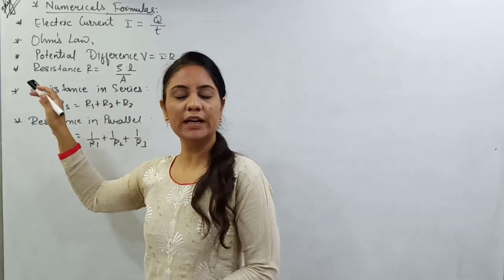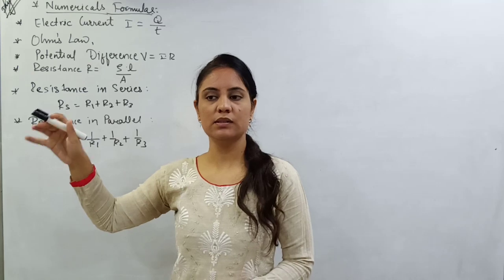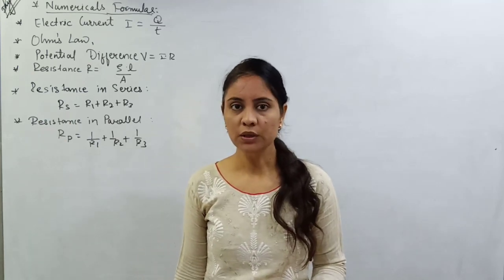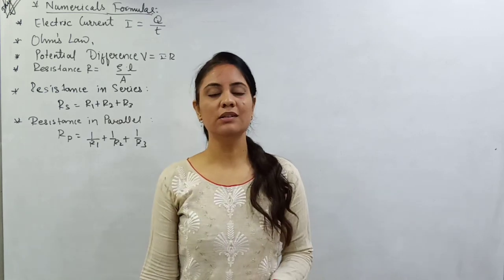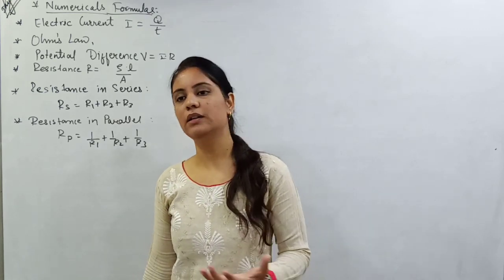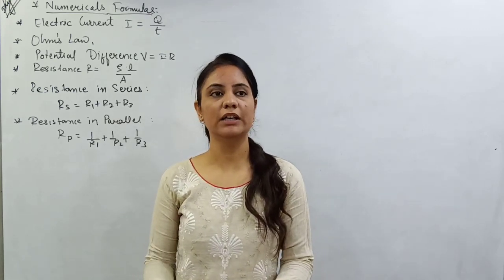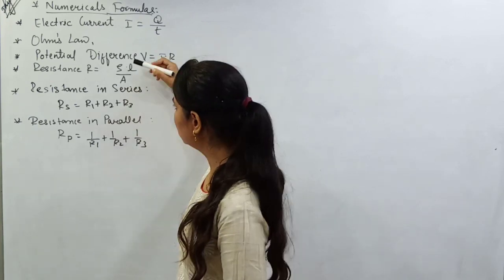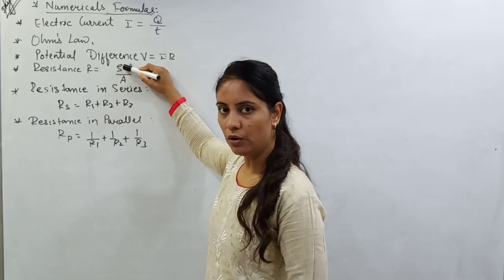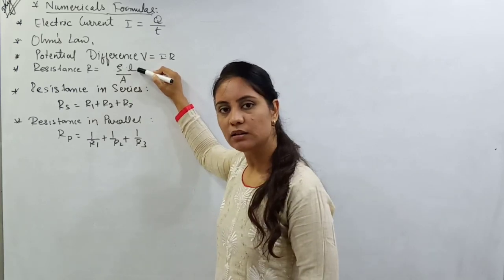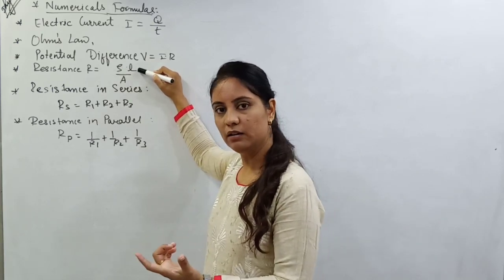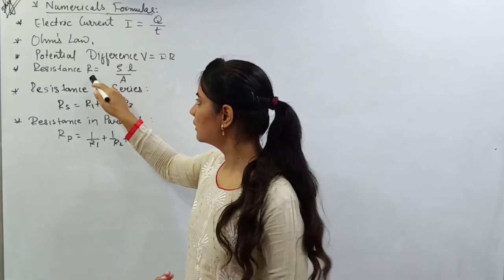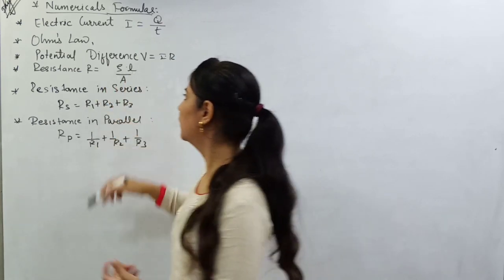We also have one equation for resistance. Suppose some object is given to you, maybe some current carrying conductor, and you need to find out how much resistance is offered by the device or by any material. If you want to calculate that, we have one equation with resistivity, rho, multiplied by the length of your given wire, divided by the area of cross section. So R is equal to rho into L by A.